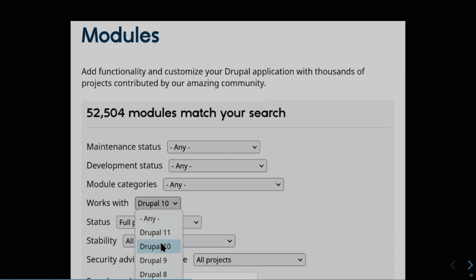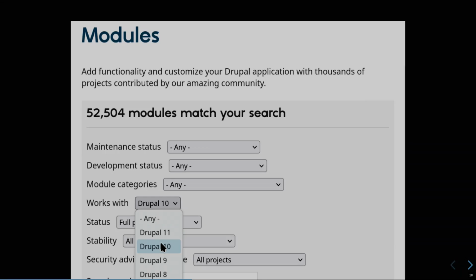And sometimes there'll be an issue where the upgrade has actually been done, but no one's ever made a release for it, even a development branch release, so it won't show up on the "works with" list here. So that's the first stop, and just use the search bar in this module section, use a lot of different keywords,